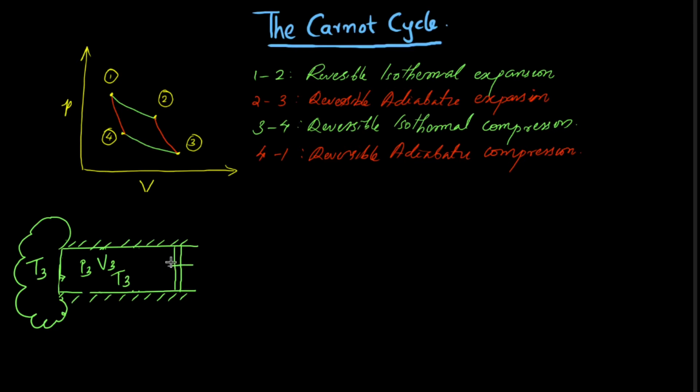We are compressing the piston, or compressing the gas, isothermally, because when we compress the gas, the surroundings are doing work on the system. The same amount of heat is transferred from the system, so that the internal energy change is 0. Since the internal energy change is 0, the temperature change also will be 0. So temperature remains constant at T3 from state 3 to state 4. It is an isothermal heat transfer process, and the piston is also frictionless. So we will have a reversible isothermal process from point 3 to point 4.